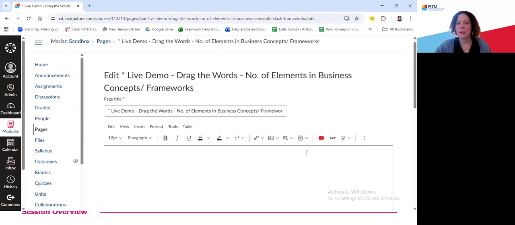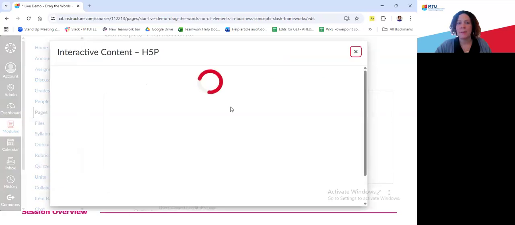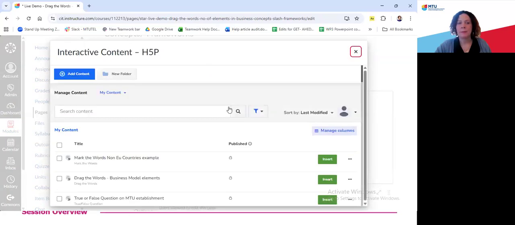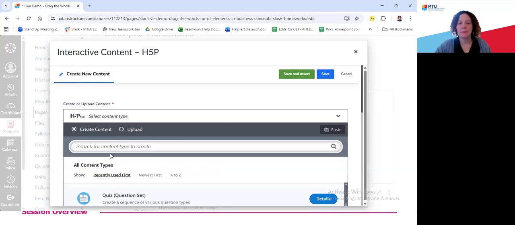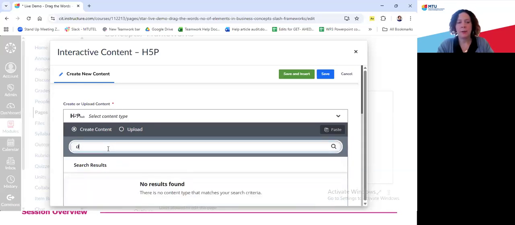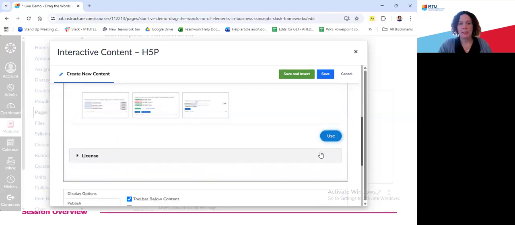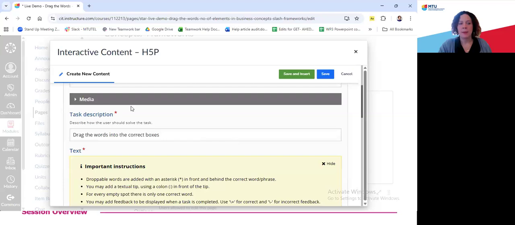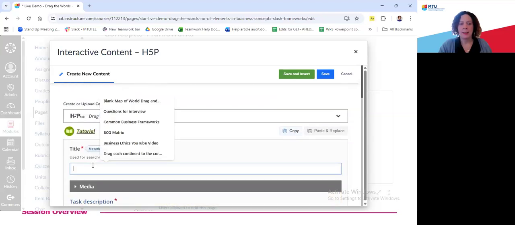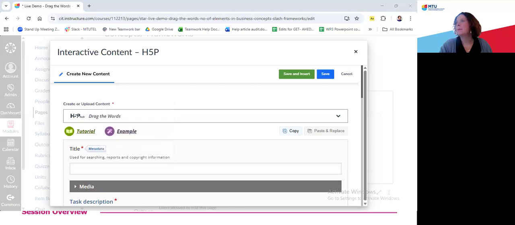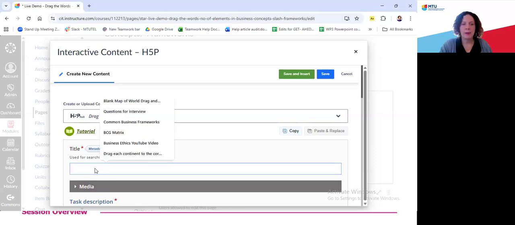So we're going through the same process here. We go to H5P and add content, and drag the words. Select that and use. And again, you have to put in a title here. So I have my title here. I'm just calling this drag the words